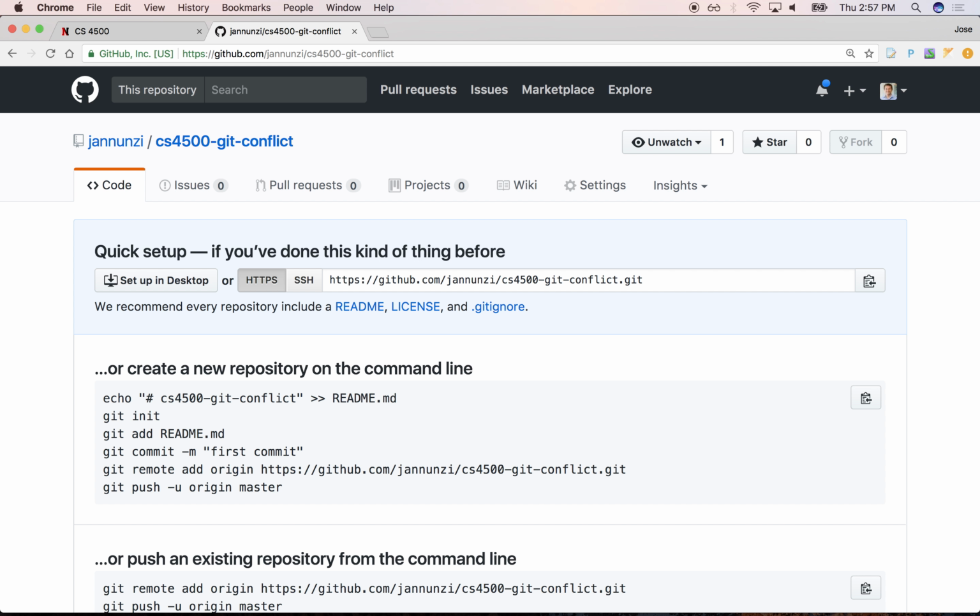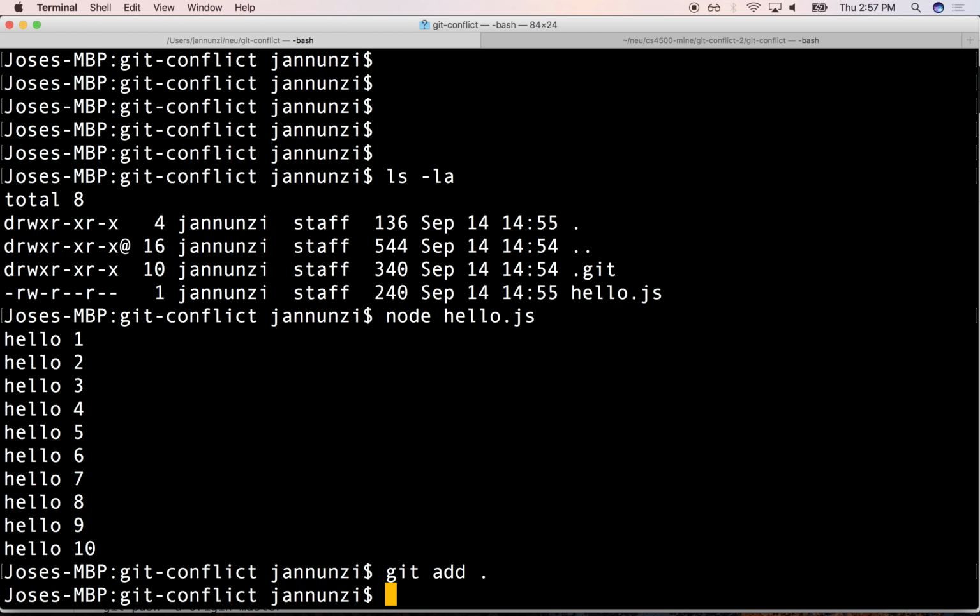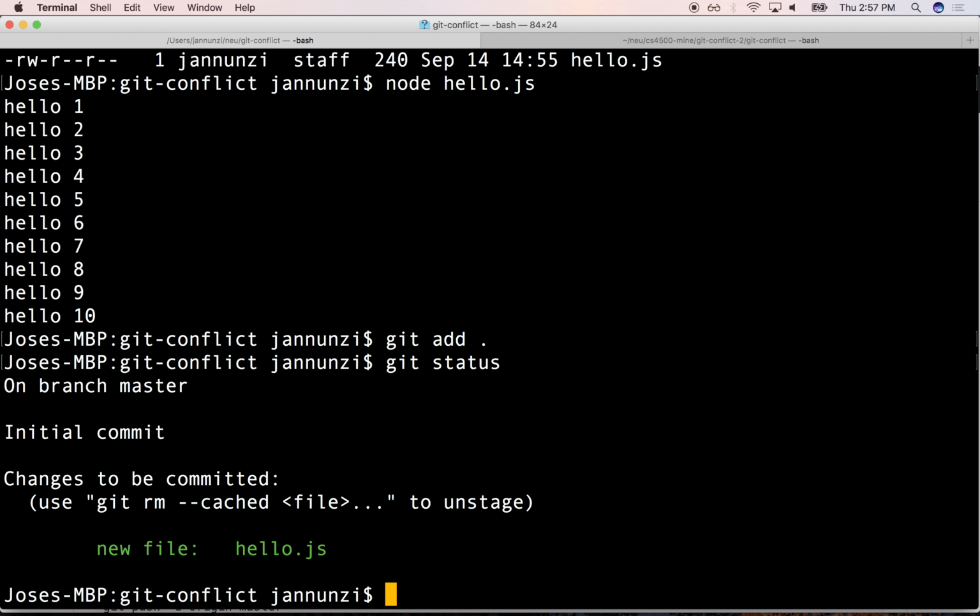Right, so we created the repository. There's nothing in it yet. We'll be pushing this over to the centralized repository. Right, so we already have a file. We already initialized it. We don't really need a README. Let's commit. Probably we'll need to add everything. So git add everything. So it's been added, and we can see that Git knows about this new file, and we need to commit it. And let's commit it. So git commit